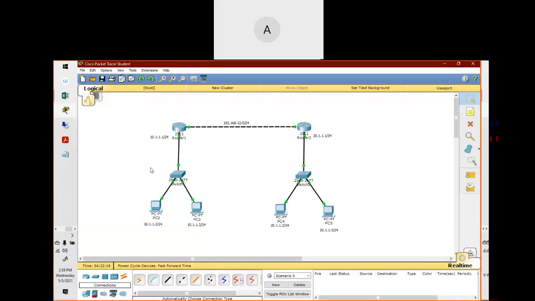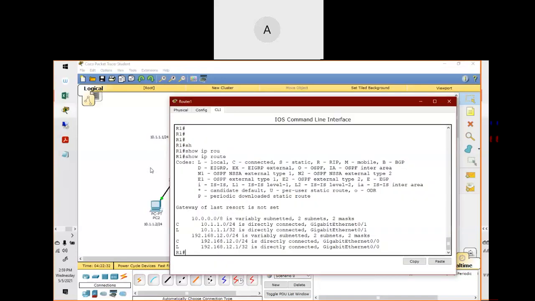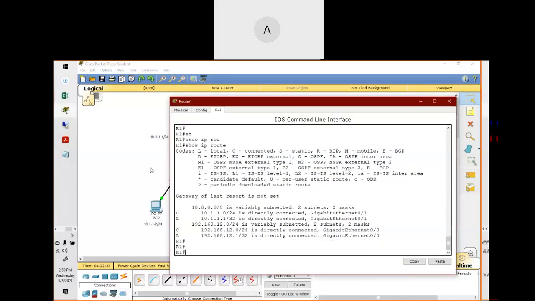Now, if I talk about this routing part, now we have to configure static routing, or you can say a manual route, right? So now I'm going to configure one manual route on router 1.